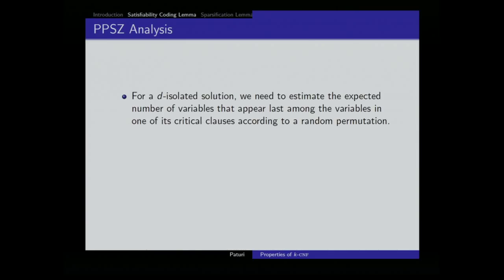Then extending to the general case, CNF, turned out to be extremely hard. We worked for several years, and we were able to extend the same result for k 5 or more. For 3 and 4, there was some gap. And thankfully, Timo Hertli came up with a much nicer and simpler analysis that takes the de-isolated case to the general case, with exactly the same bounds. So together we have a complete algorithm now for the general case CNF. Let me give you the intuition for the de-isolated case.